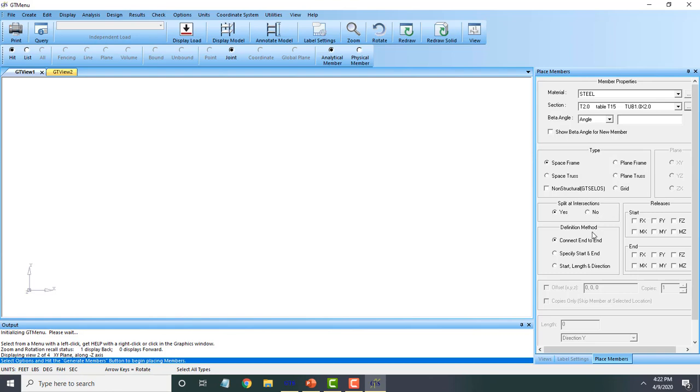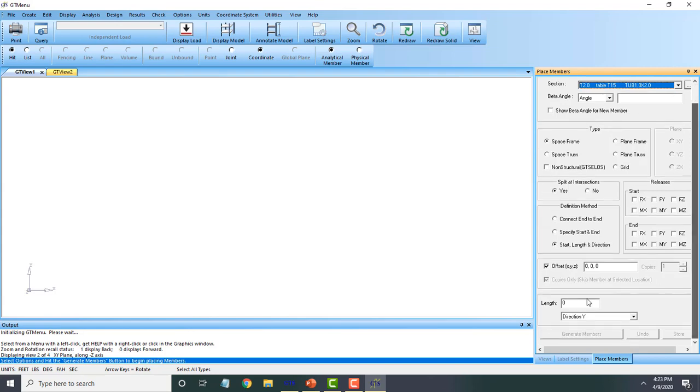Here on the right hand side, there are several ways you can create things inside the GTStrudel graphics. Right now we don't have a single node point in the graphics, so if we draw something, we just have to specify the coordinate of the member that we're going to draw. So I'm going to go to the start, length, and direction option, and then change this to coordinate to specify the coordinate where my first member for this bridge is going to be located. On the right hand side, I'm going to select the section to be the 1 inch by 2 inch section. That's fine. And then I'm going to say the length of that member is going to be